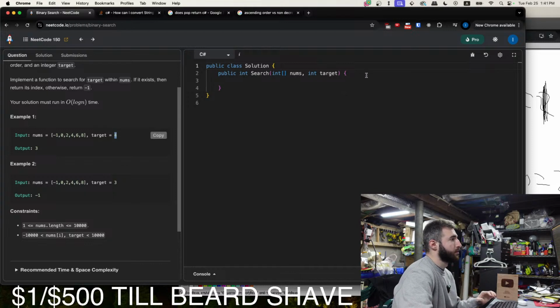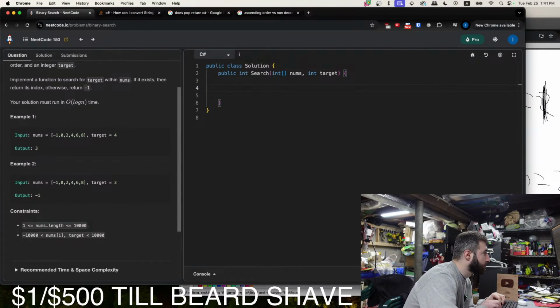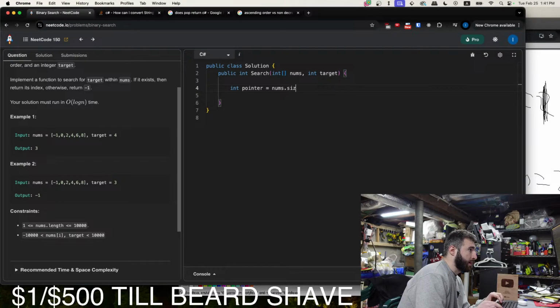So to start, let's have an int pointer, and we'll start in the middle. So it'll be nums dot size divided by 2.